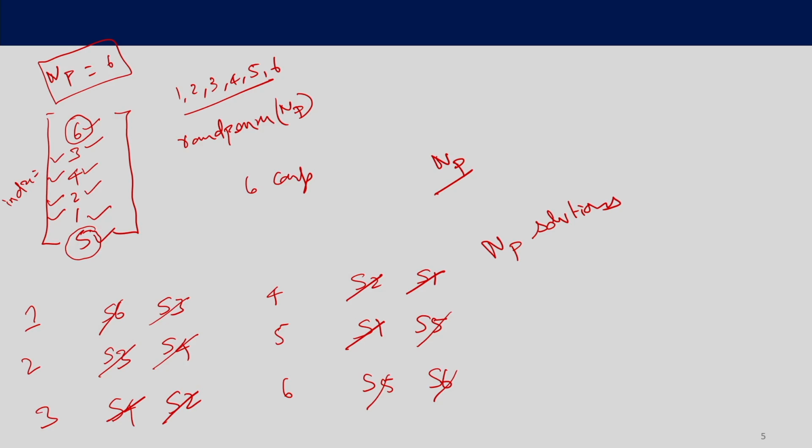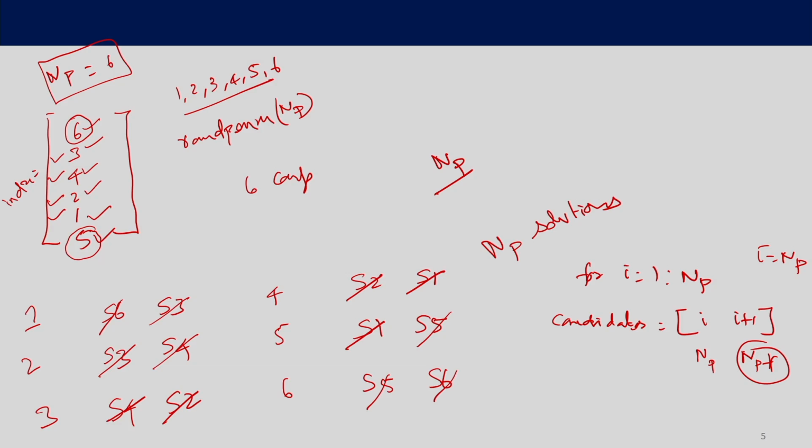So, when we are implementing this tournament selection, right, we will obviously be running a loop from I equal to 1 to NP, and the members, we will call them candidates, right. So, the candidates would be I and I plus 1, right. The first time when we do I and I plus 1, 1 2 will be fine. The second time when I is equal to 2, 3 would be fine, right, and similarly for all the variables. Then when I is equal to NP, right, we will have a problem because we are trying to access the NP solution and NP plus 1 solution, which we do not have, right. So, that is why we will run this loop for I equal to 1 to NP minus 1, right.